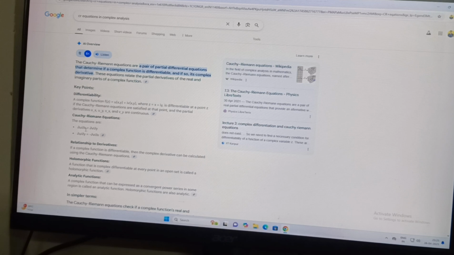I have told you, del u by del x is equal to del v by del y, and del u by del y should be equal to negative of del v upon del x. This is a relationship of derivative, holomorphic functions, analytic functions. I have told you about analytic functions. If these equations are satisfied, then we can say it is analytic. Okay, now let's move on to